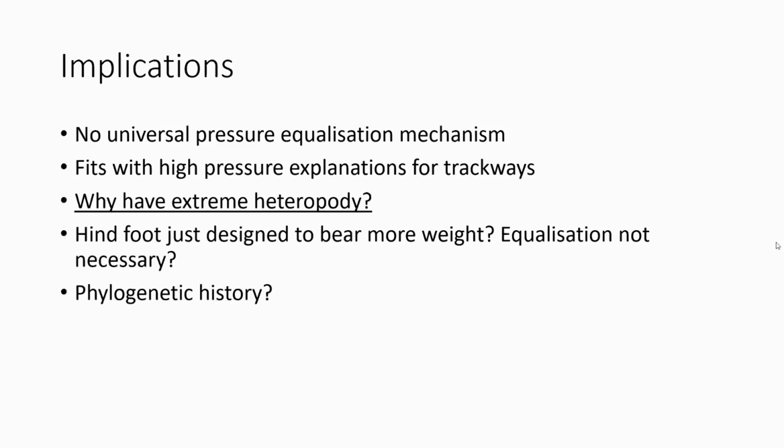Perhaps this is to do then with the phylogenetic history. As we said before, no extant animal has evolved from bipeds to quadrupeds. So we have no living model to look at for this. Perhaps in the evolution from bipedal animals to quadrupedal sauropods, especially ones with such massive size, the forefoot and the hindfoot just had different ways of dealing with this, especially because the hindfoot was coping with